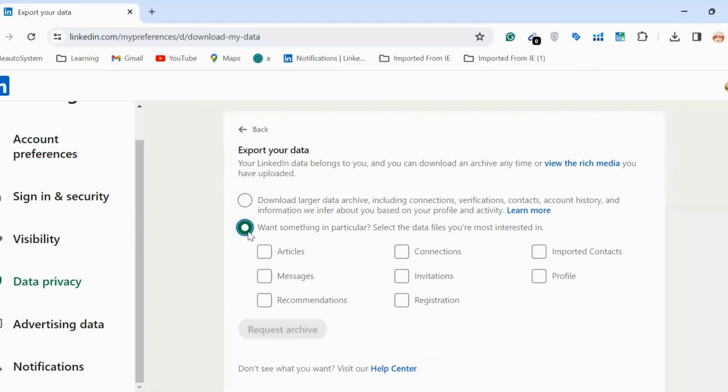But if you do not want a larger data set, then you can go for the second option, which is Want something in particular. Select the data files you are most interested in. Here you will have options like articles, messages, recommendations, connections, invitations, registrations, imported contacts, and profile. It depends on your data analysis goals, whom you want to represent your data analysis project. Either it could be for